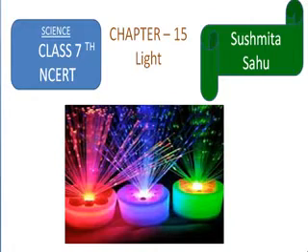Let's start with light. You all might have seen sunlight when it enters a room through a little hole, and you might have also seen a beam of light from the headlights of scooters, cars and engines, and obviously from the torch. And especially when we get a circus or there are some melas in our city, we see a beam of light going round and round in the sky. And what is this? This is the light which we are seeing, and we need to know how this light travels. The light travels in a straight line.